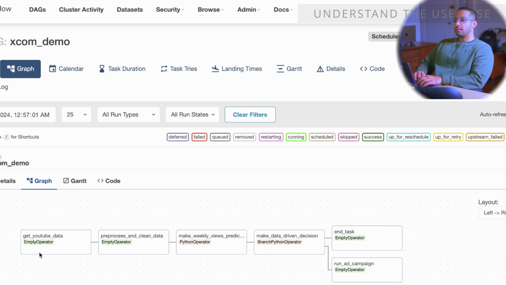So the first task here is a get YouTube data task, followed by a pre-process task. So get YouTube data gets the data, and then pre-processing is done. And then the third task is make weekly views prediction. And that task could be machine learning code that predicts the number of views on the channel or page for the next week. And as you can see, the task after that is a BranchPython operator,